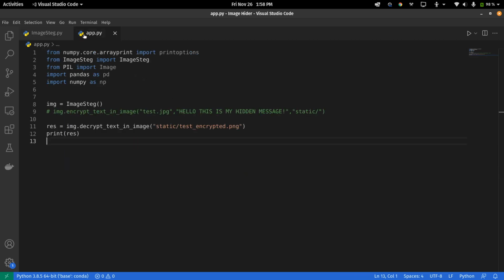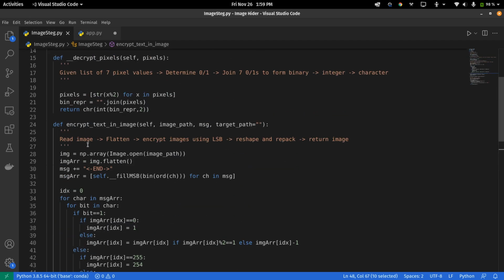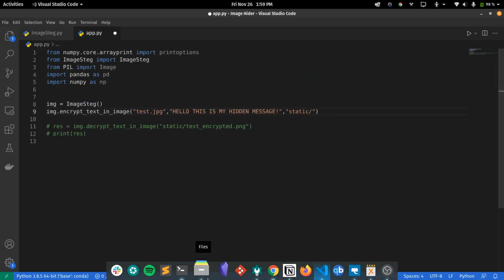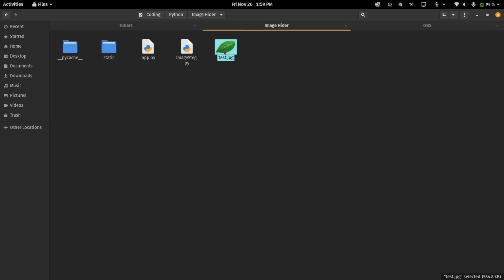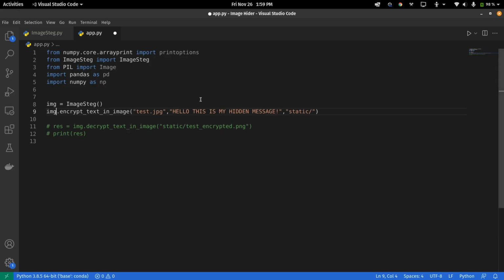Just for an example, I have imported the image Steg class here. I create an object and call this function encrypt text in image. This takes 3 arguments: image path, message and target path. Let me show you the image here. I'll be using an image of a leaf, very simple, a white background and a green leaf. I'll pass this test.jpg